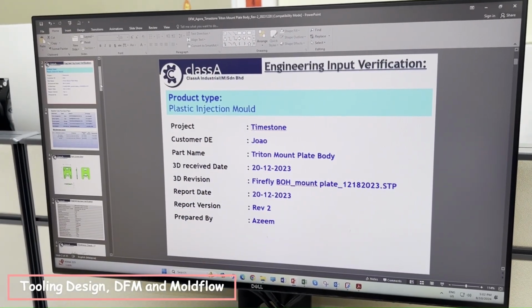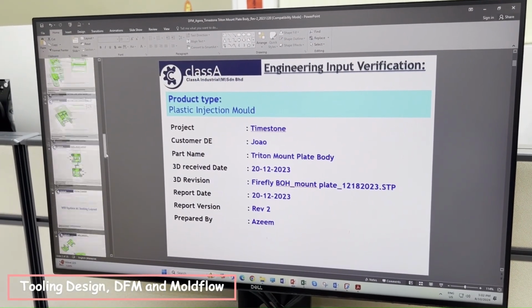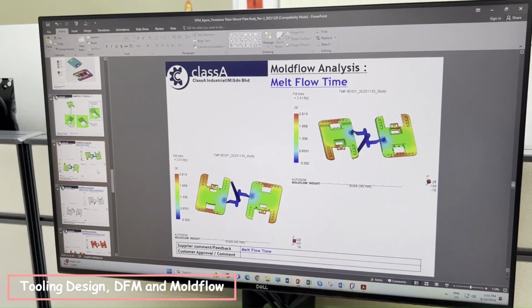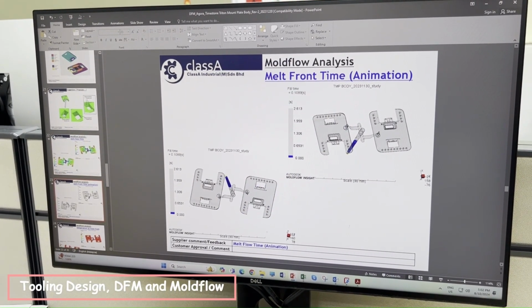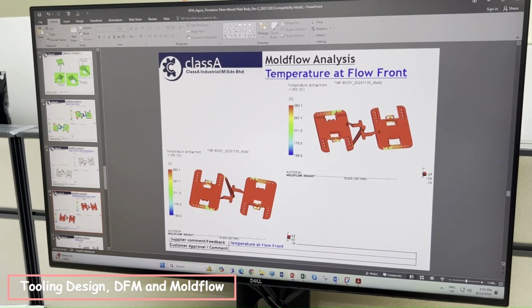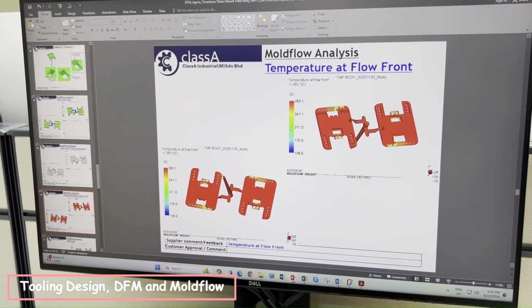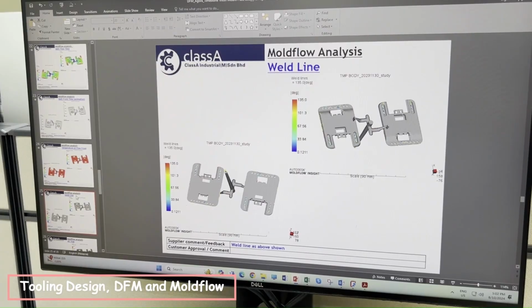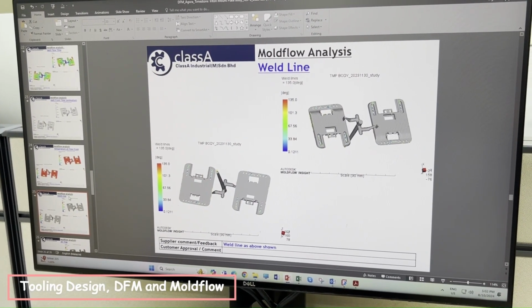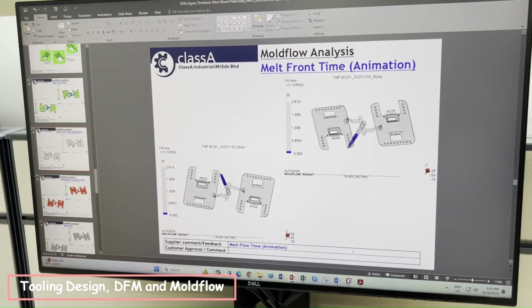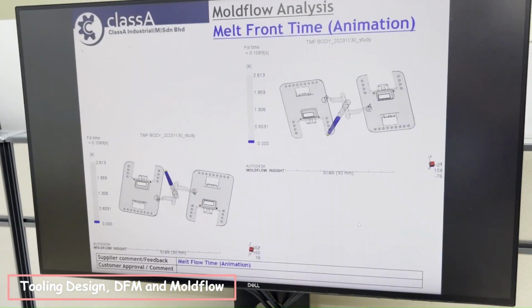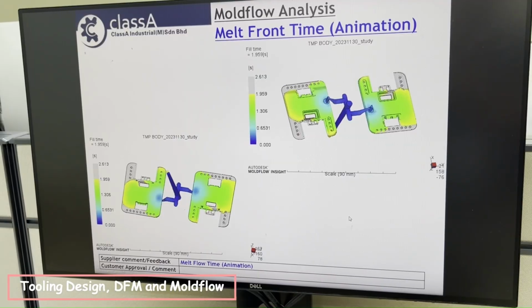Design for Manufacturing, DFM, in the context of plastic injection molding focuses on optimizing mold design to improve manufacturability, reduce costs, and ensure quality. Mold flow analysis is a critical simulation technique used in plastic injection molding to predict how molten plastic will flow into a mold cavity. This analysis helps engineers optimize mold design, improve product quality, and reduce manufacturing costs by identifying potential issues before physical